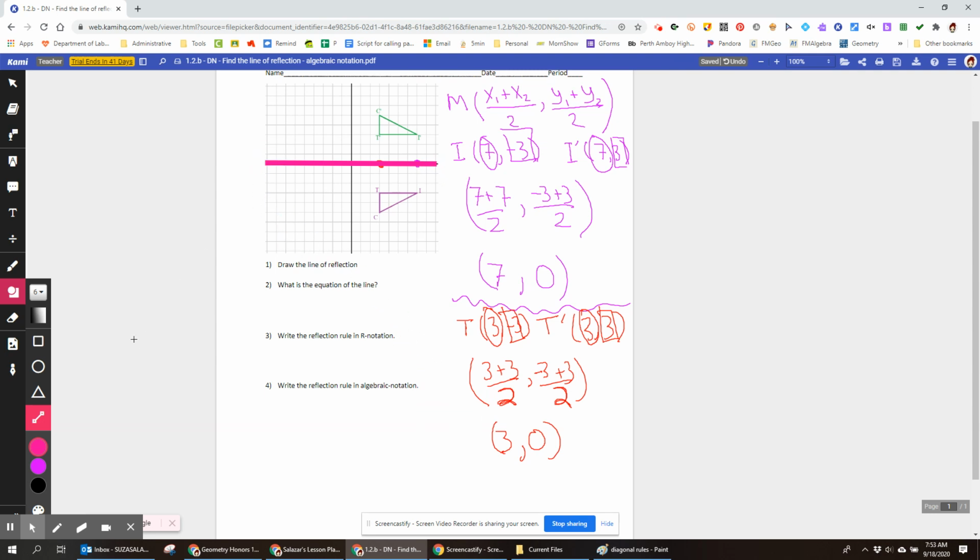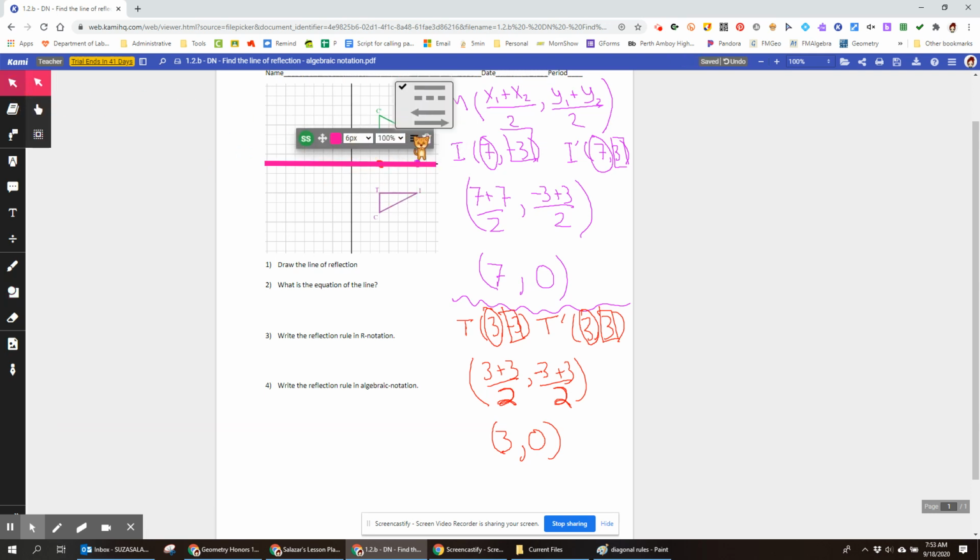So now I have my line of reflection. Since it's a line, we should put arrows on the end of it. So now I have my line of reflection drawn, and looking at the graph, I can use the graph here